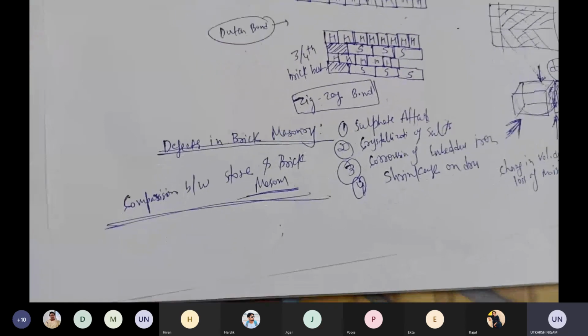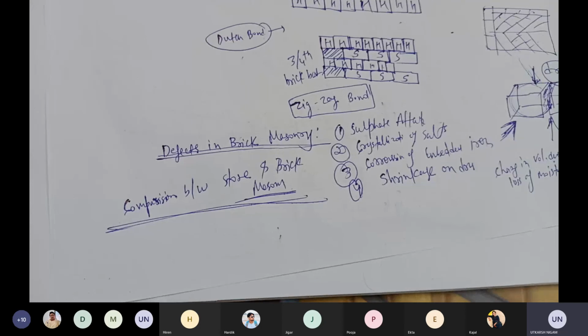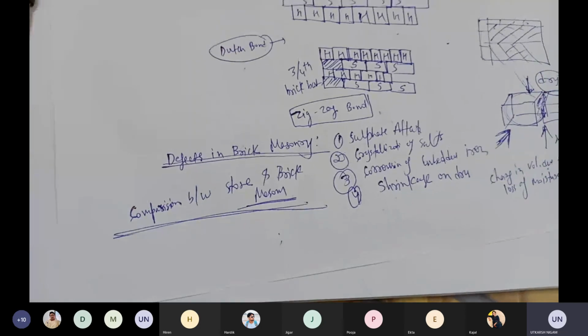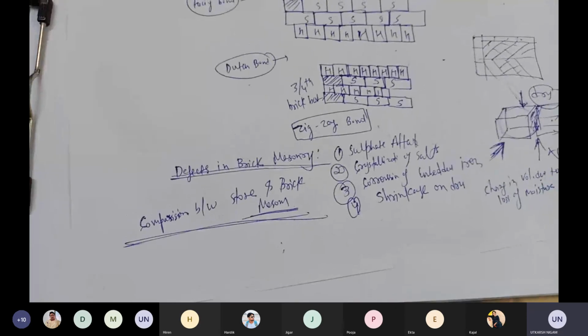Stone masonry is basically rubble masonry and ashlar masonry. In rubble masonry, the pattern is not fixed, uncoursed is used. So this is all about the stone masonry and what we